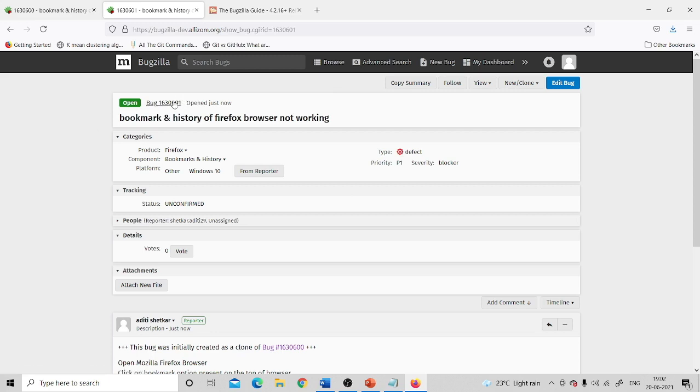Earlier the bug ID was 600, now it became 601. So this is submitted as a copy of the original bug. Okay, so our original bug was this and the new bug is this. Same thing, but the copy is made. This way you can make many copies of the same bug and you can submit it to different people. So this is called cloning of a bug in Bugzilla.